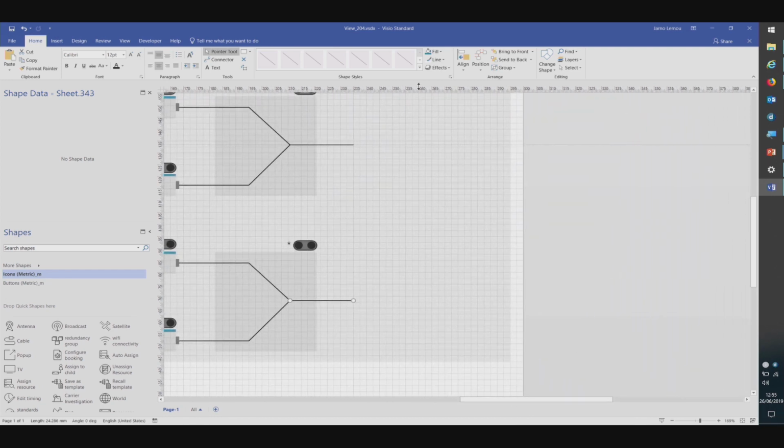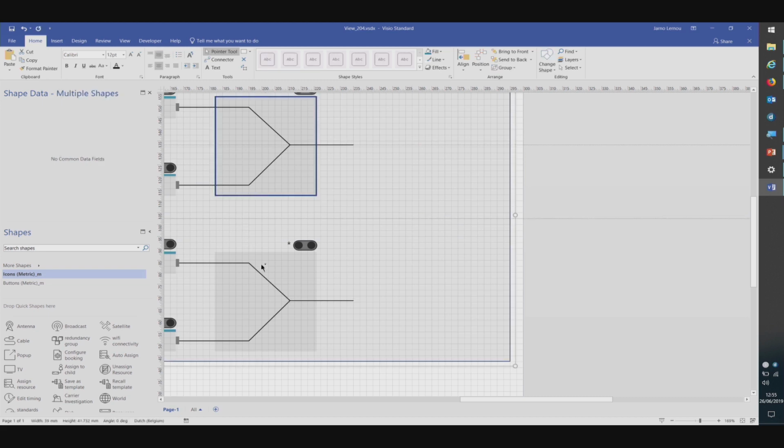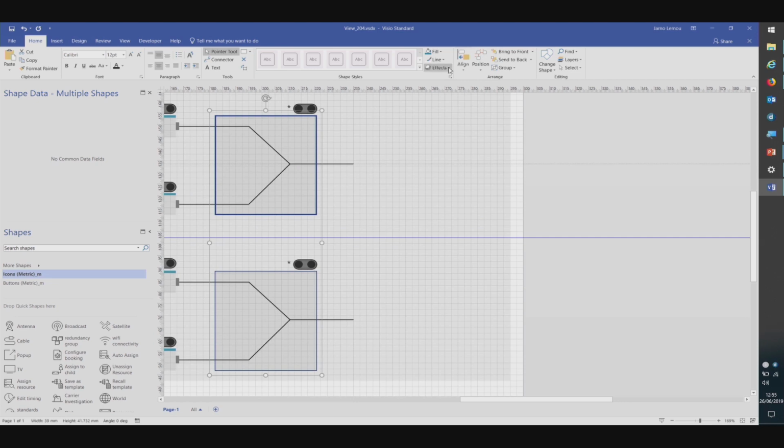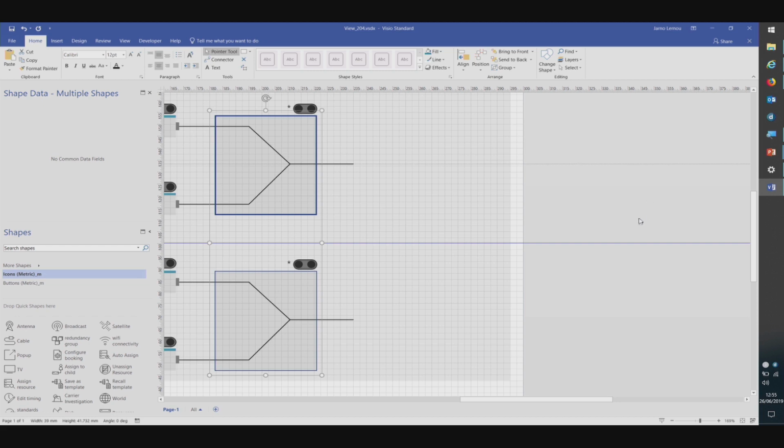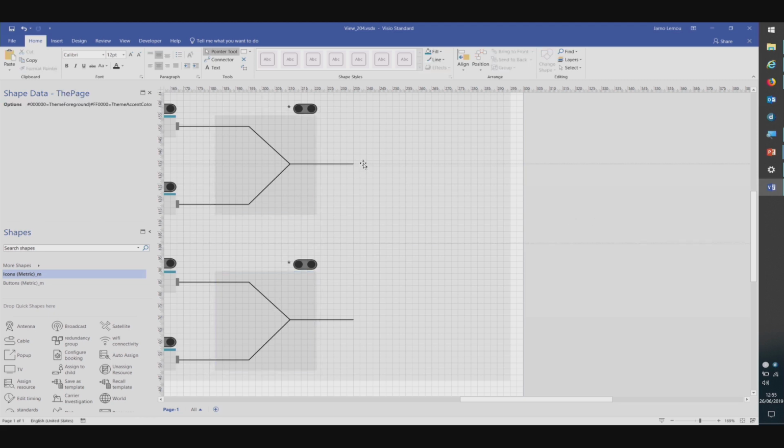So we can use again the guides that I showed you before to have it in the middle. I don't know why it didn't work previously. Oh, it's the distribute command that I need to use. Okay, so now it worked. So now we know that the guide is exactly in the middle of these two sides. We can, like we did on the first switches, we can assign,